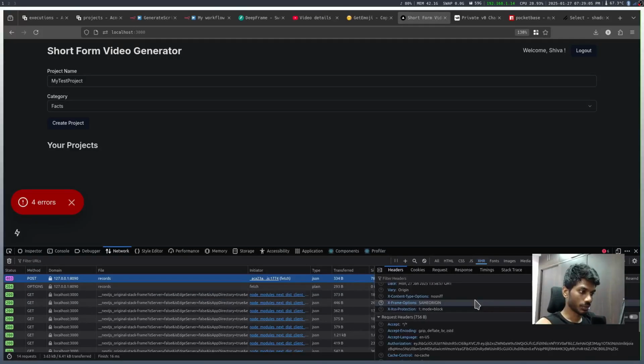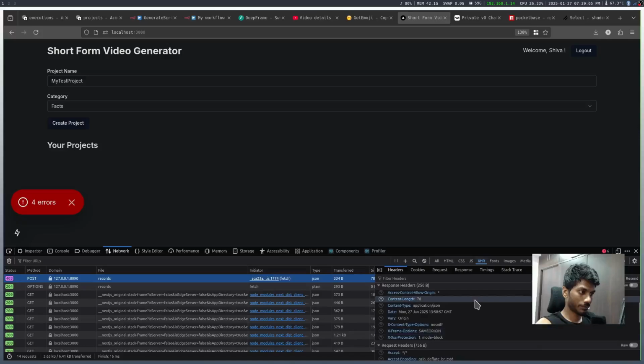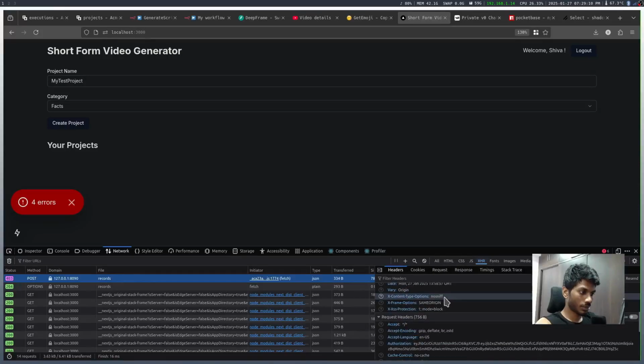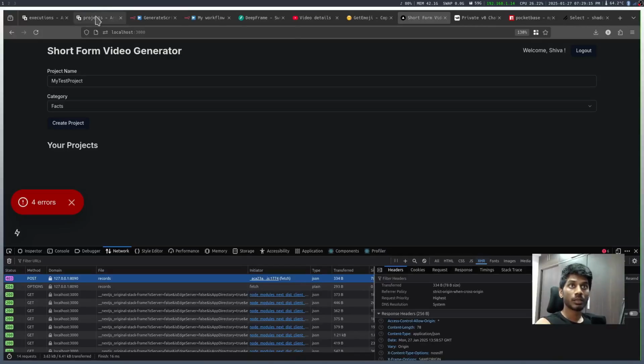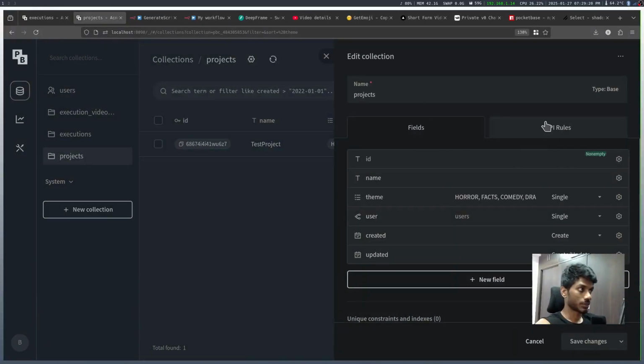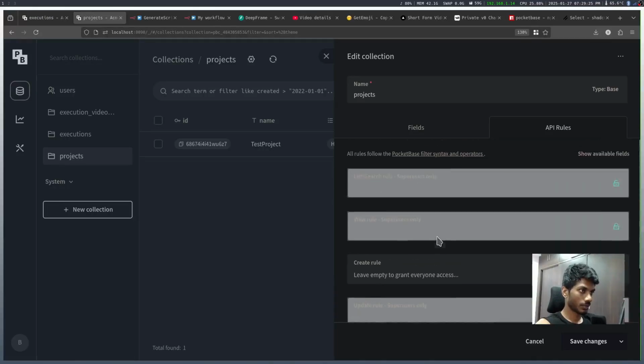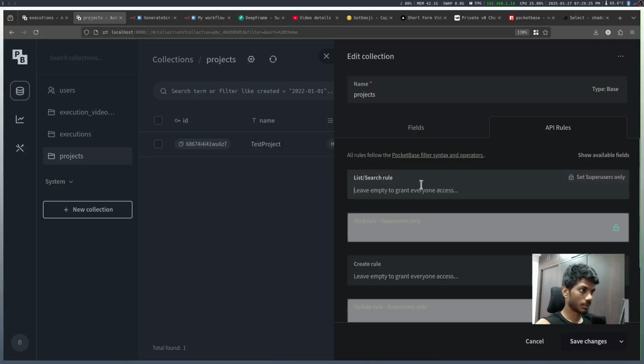Go to 403. Okay, we got a 403 forbidden, because for projects we have to set API rules. Create rule can be done by anyone. Then list and search rule should be